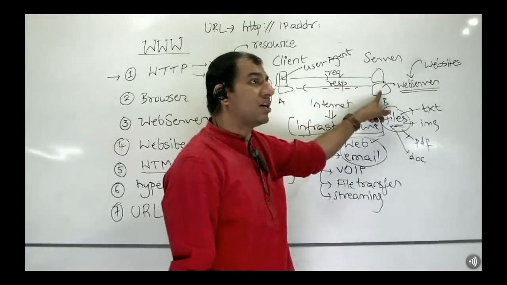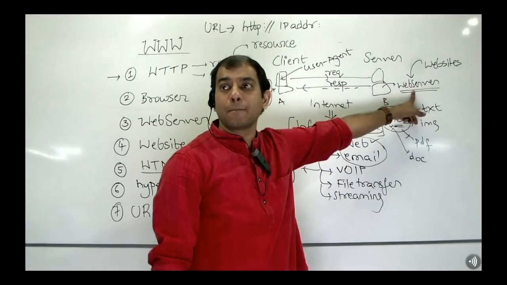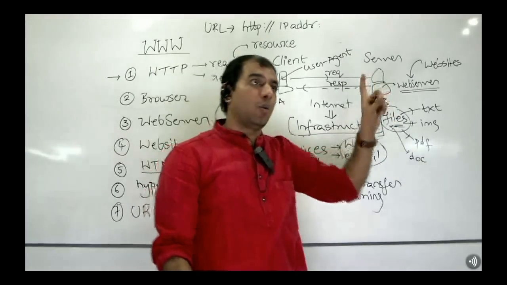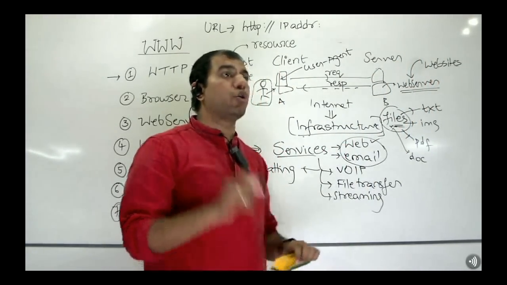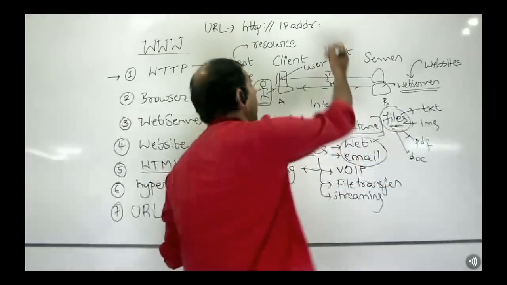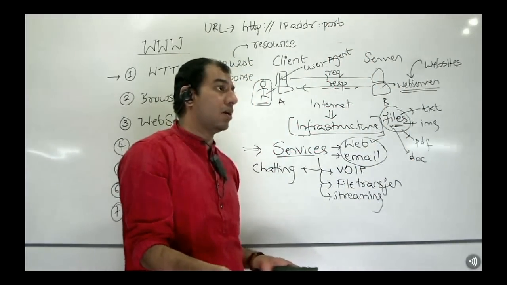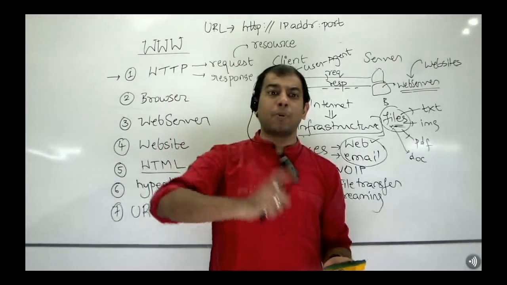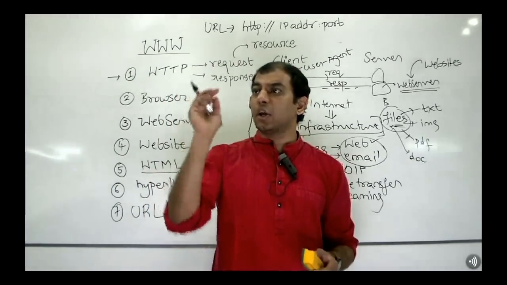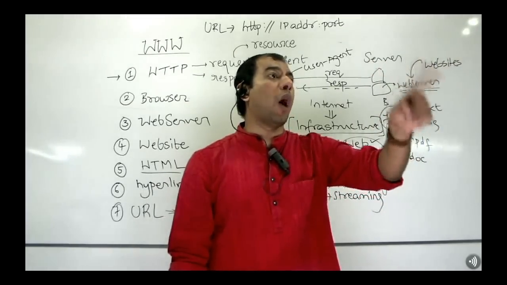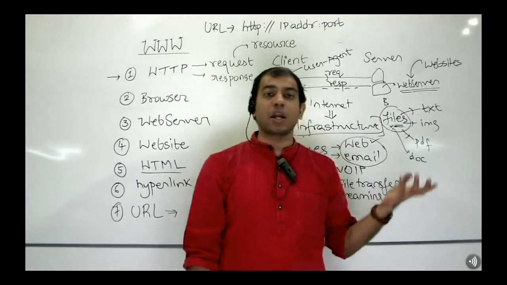Now, in that one machine, whom do we want to communicate with? The web server. How many web servers might be running in one machine? Any number. We want to talk to only one of the web servers. To uniquely identify which web server, what is provided in the URL is the port number. We know a port number is a logical number between 0 and 65,000. It's a logical number which uniquely identifies one of the softwares running in a physical machine.